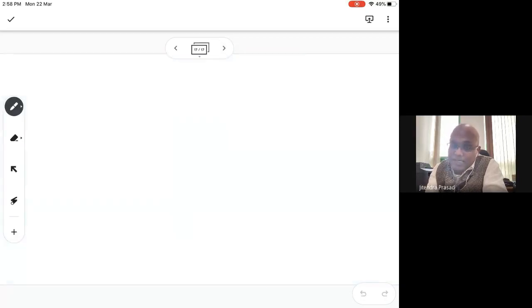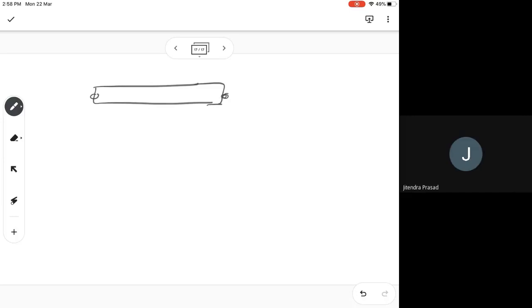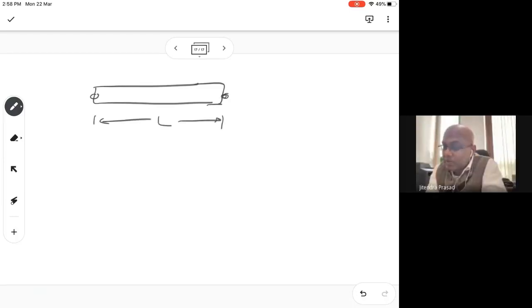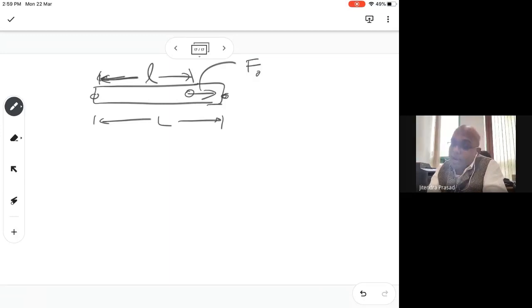Here I should also mention that if you see something like this, the force which is given is not at the node but somewhere else. Let's say this is from 0 to L given here, and your force is given somewhere here. Let's say this force is F0, and it is given at a small l distance, like this one. Now you have to find out what the value is. Obviously, there is no node here. So this is node 1, node 2, no node here.